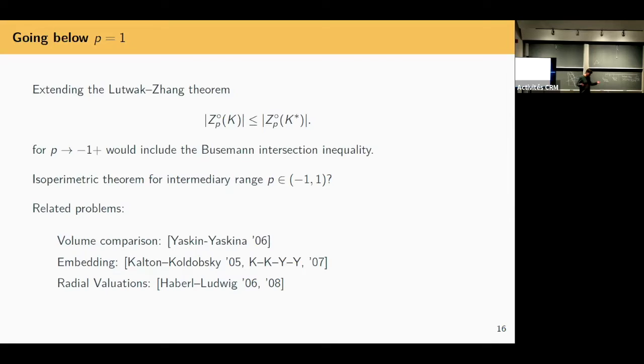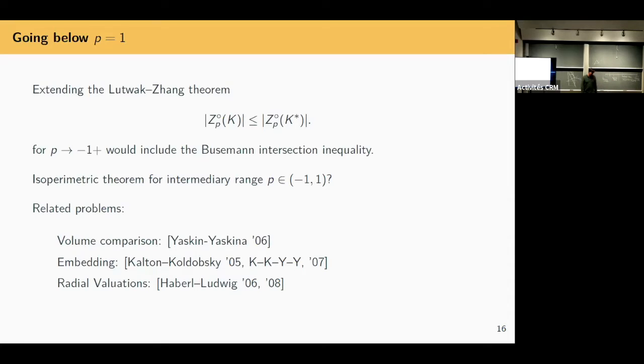This has to do with the class of intersection bodies introduced by Erwin Lutwak, developed and studied by Koldobsky and many others. So behind the scenes are bodies that actually satisfy extremal inequalities. I have stated just the inequalities, but there has been a lot of research connecting the bodies involved in this range between -1 and 1. What has not been treated is the isoperimetric problem. I mentioned some results here about volume comparison problems for this class of objects, where I now have this parameter p.